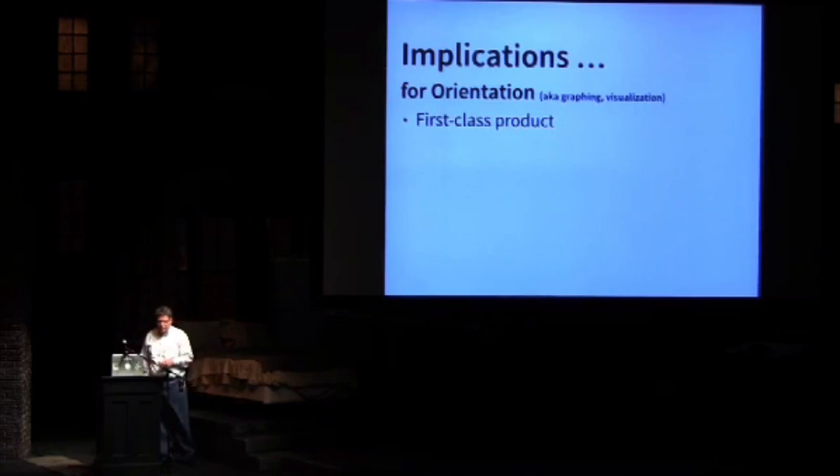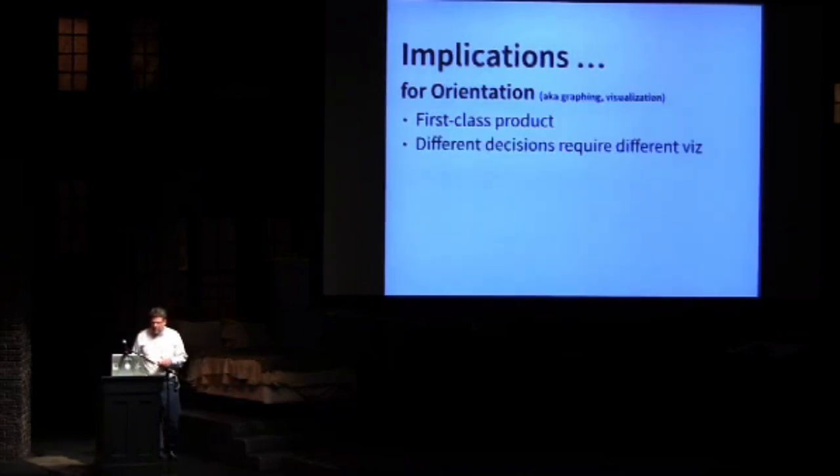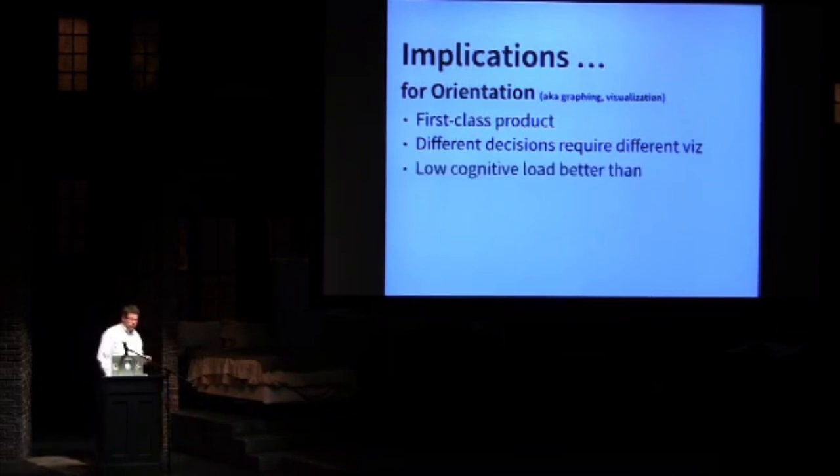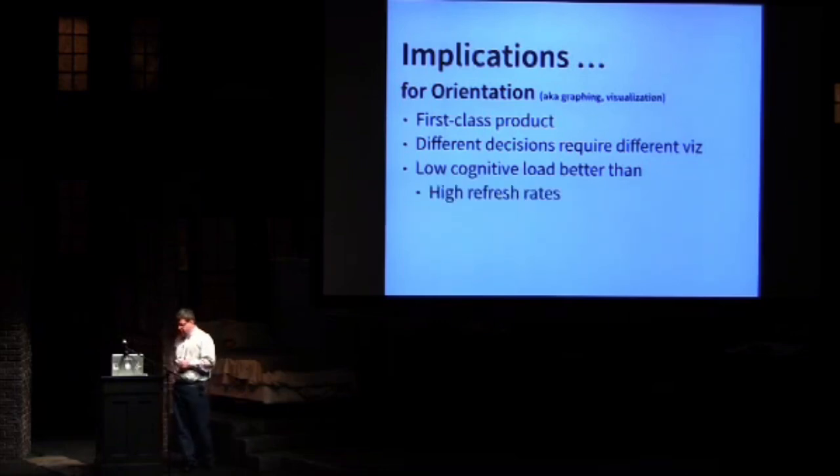We think of UIs essentially as a first-class product for our team. That means that we've hired a UI engineer, and the funny thing about having great UI engineers is that once you hire one, you end up hiring a second one and a third one. Last week I opened a headcount for a fourth one. It's fun. And partly it's because if you start focusing on the decisions your customers are trying to make with your data, you can start really focusing on what data visualization you can offer that will help enable these particular decisions. And lastly, about orientation, I would say that the goal here should really be low cognitive load,